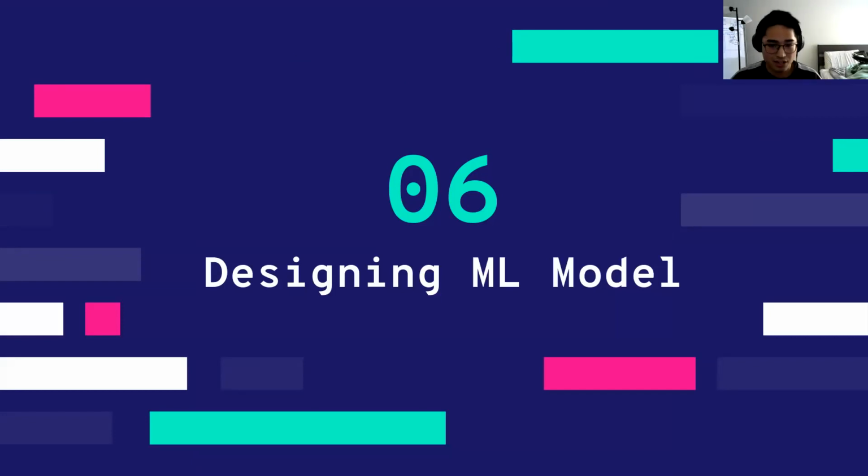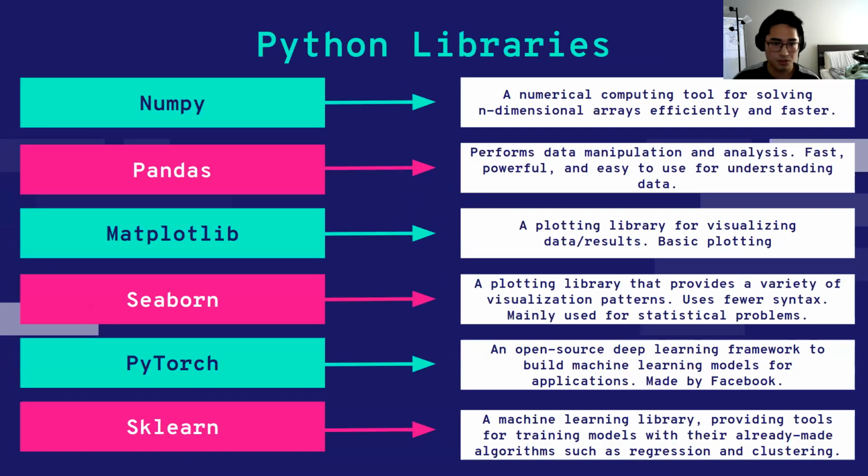Now we'll be designing our machine learning model using Python, NumPy, and sklearn. Just to give you an overview of what we talked about in our first workshop, these are the libraries you'll be using throughout this machine learning series. The main ones you're going to be using in this specific workshop are NumPy, Pandas, Matplotlib, Seaborn, and sklearn. In the next workshop, when we deal with advanced techniques such as neural networks, we'll be using all of these, including PyTorch.